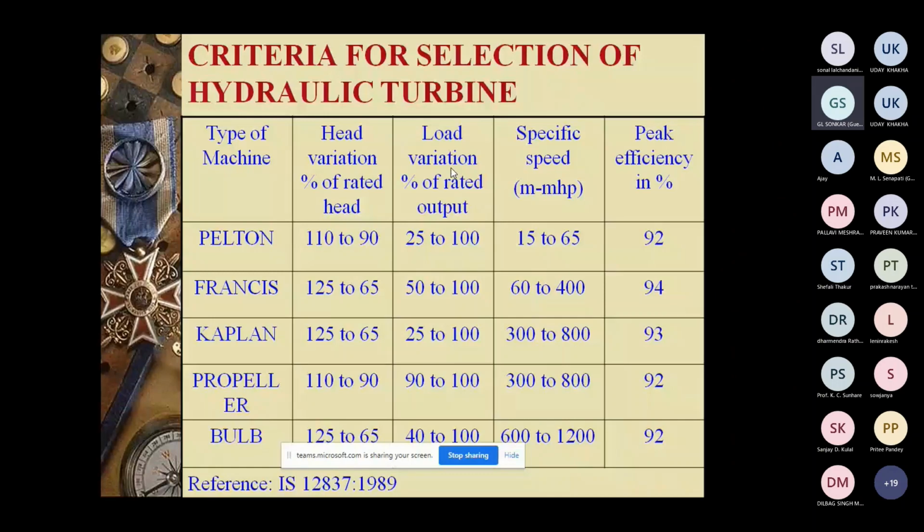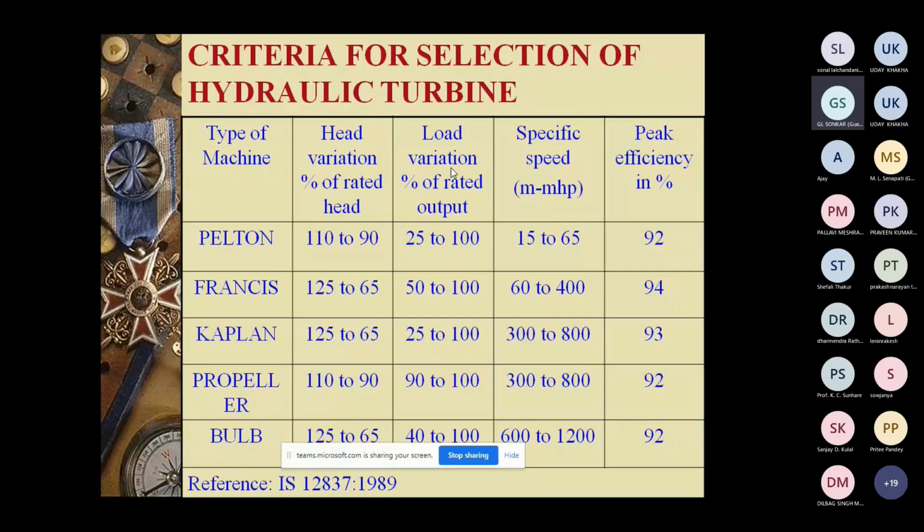There are some maintenance aspects also. The Francis turbine can be dismantled from the bottom. There are some provisions after the draft tube, a draft tube cone. You can dismantle the draft tube cone, and in that cone area you can dismantle the Francis turbine from the bottom. But in case of Kaplan, the whole unit will be dismantled. That means your generator rotor from the top, the generator and your turbine all have to be dismantled. So the maintenance time will be more, and money will be involved more, time also more.